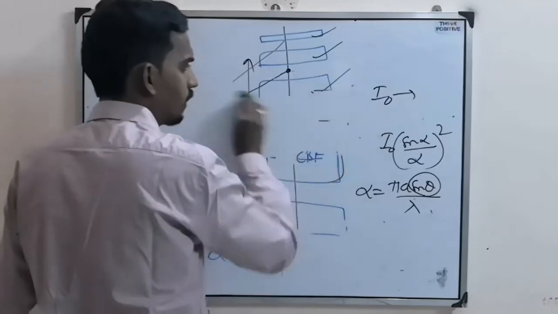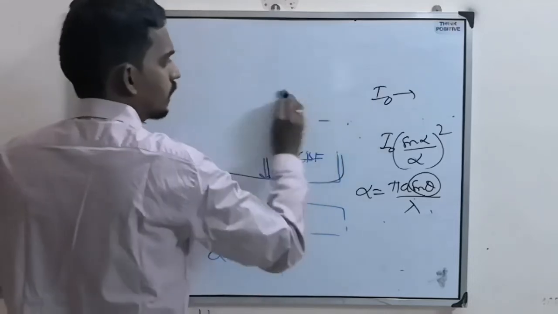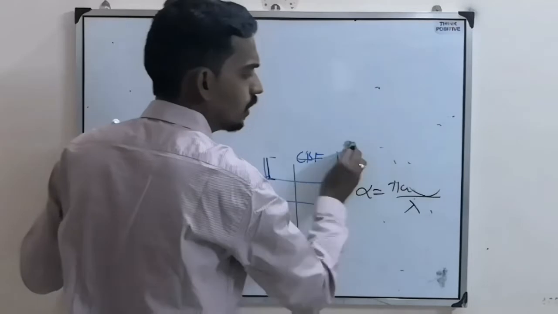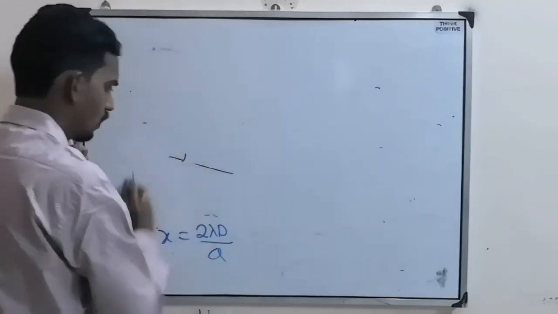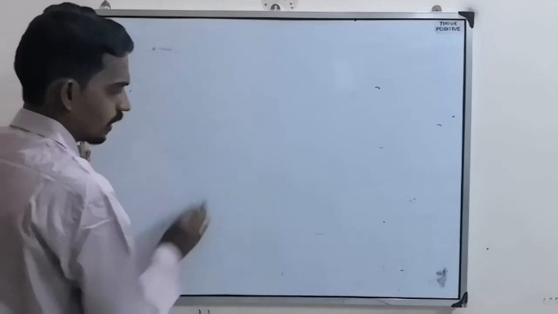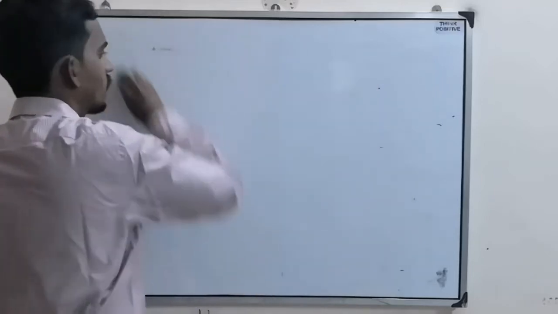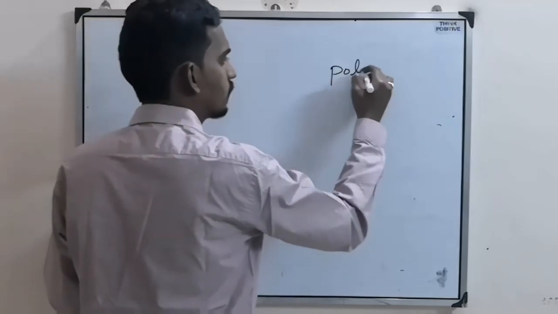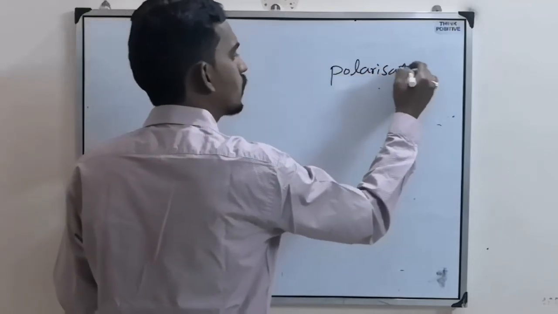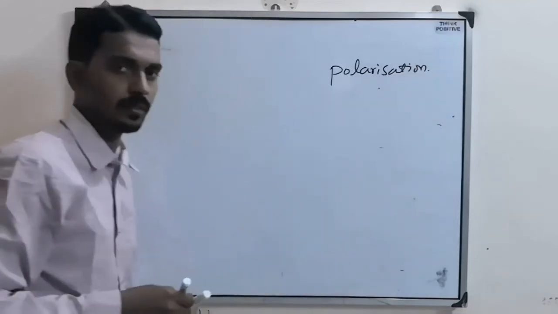We will try to understand what are all the questions they can ask, that is, the type of question and how to apply the formulas. Now one more thing we have to understand here, as I said, the last one is polarization. What is the topic? Polarization. Let's try to understand first what the polarization nature is.